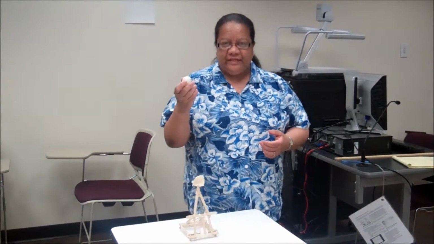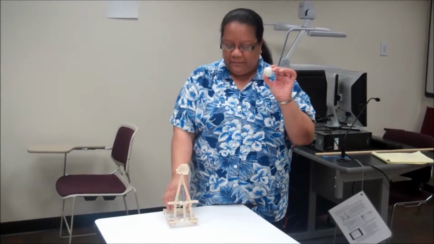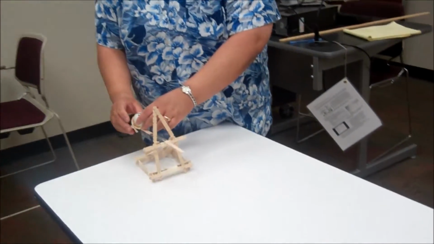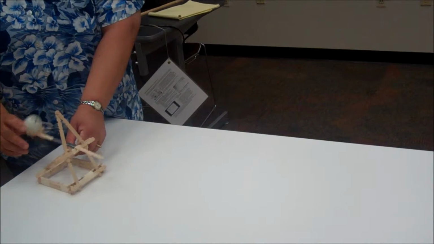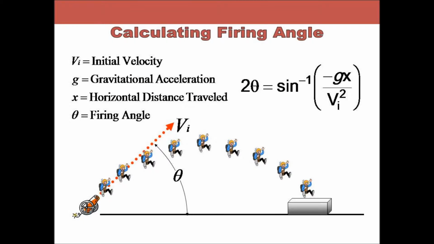Okay, now we're going to do an experiment. We're going to use a catapult and a ping pong ball. We're going to launch the ping pong ball in a catapult like this. Put it this way. The formulas used in calculating various components of a body in projectile motion are